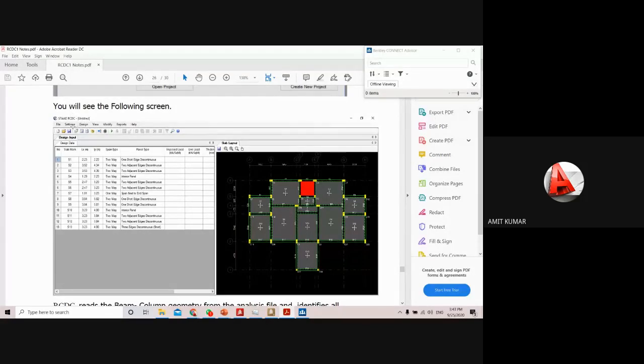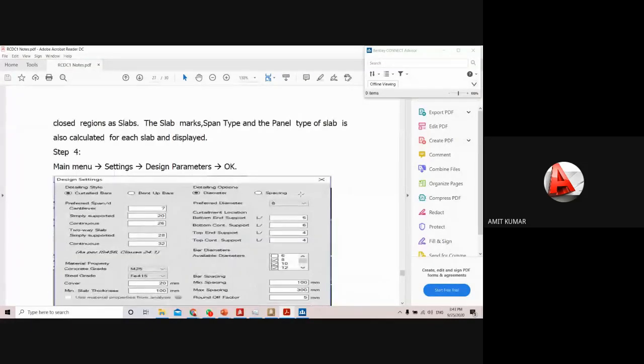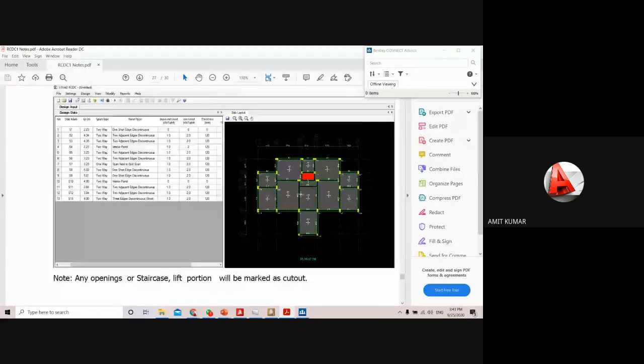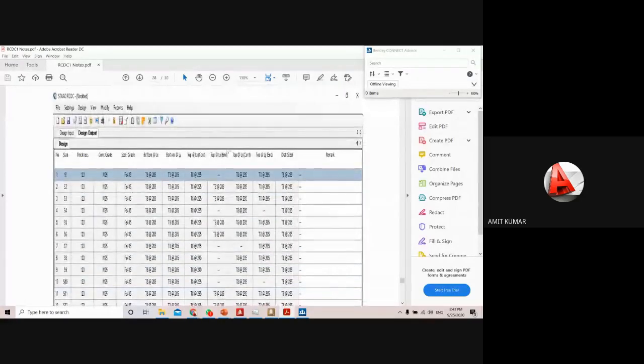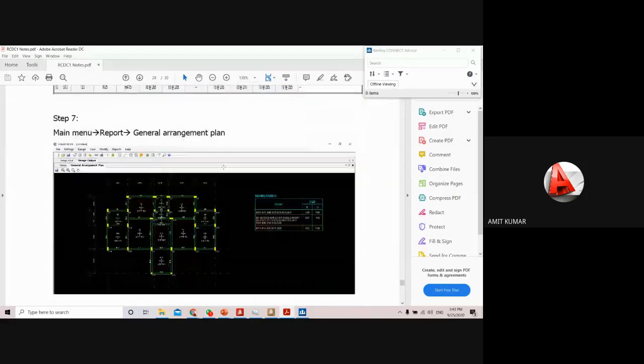Same, just go to the setting option, provide the slab, provide the reinforcement and complete detailings, everything, and just click on the design. And the software will give you the details of the reinforcement like this. Here slab will be divided into the part, and for each part you are seeing the reinforcement detailing here like this. At the top, at the bottom, everything you will get through this software. So that is your use of RCDC.